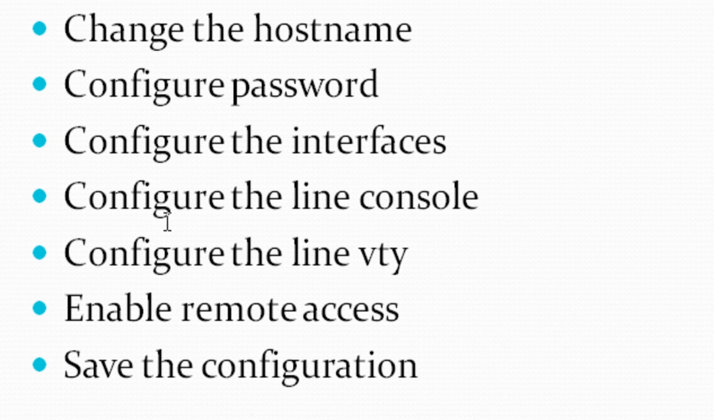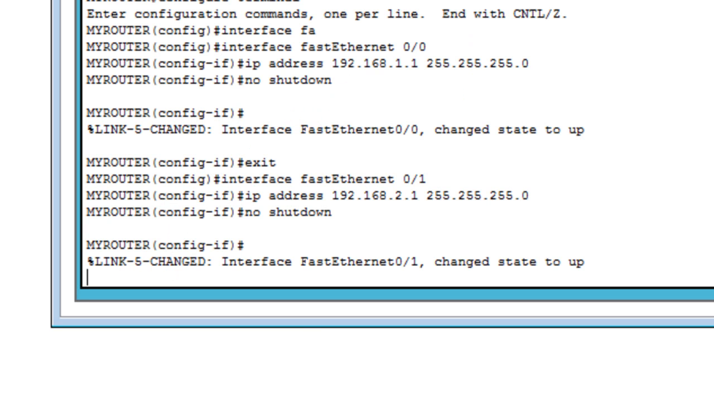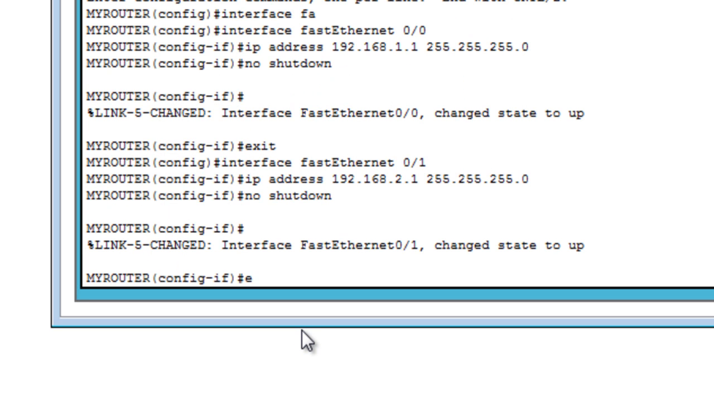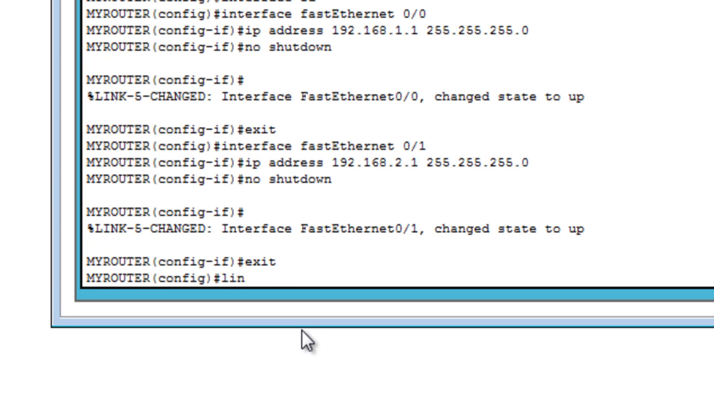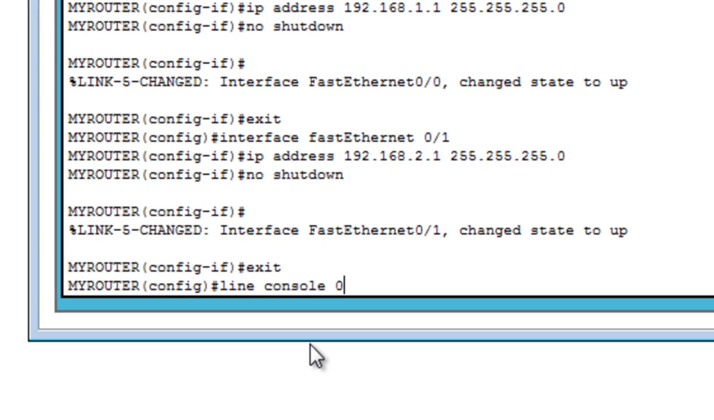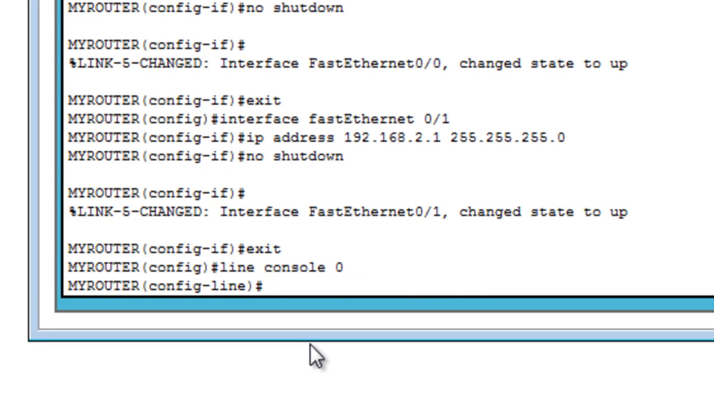So what we need to do is to configure the line console, because this is very important. There are some tips I need to show you about the line console. Let's go back to Packet Tracer. I'm going to exit from here, and in order to go to the line console, you do line console 0. That's how you go to the line console, and first of all you do